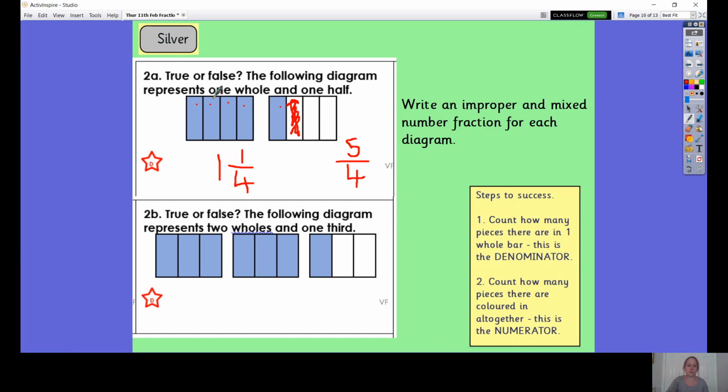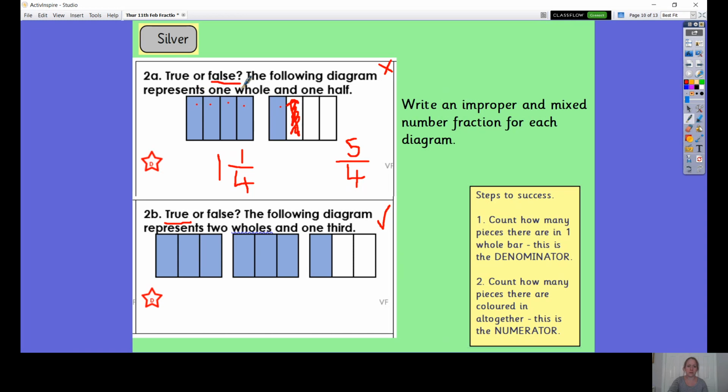Down the bottom, oh, and it was false, wasn't it, that one? So we'll do a little cross by that one because it was a false one. This one, true or false, the following diagram represents 2 wholes and 1/3. So the answer is it is correct. It's true,